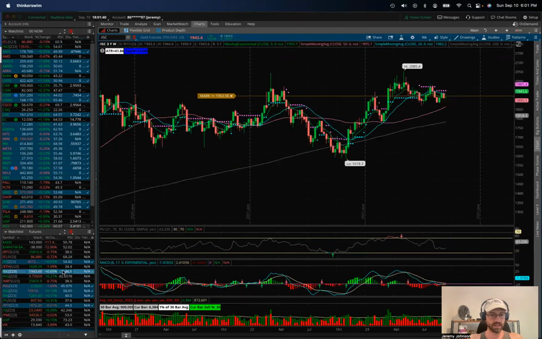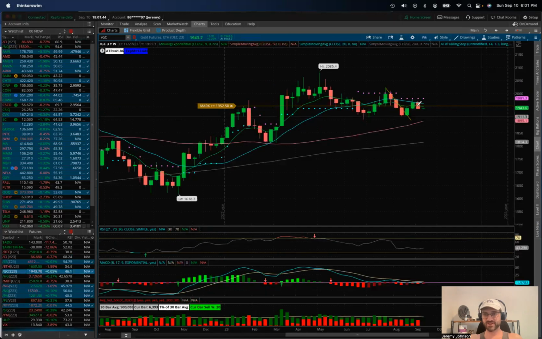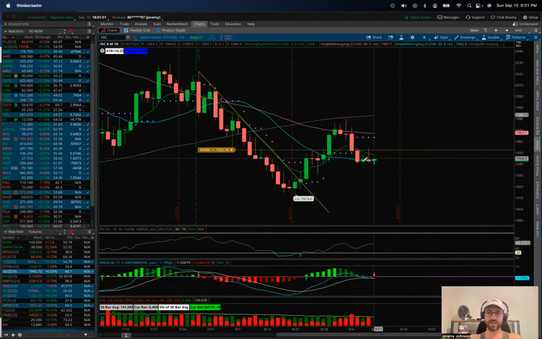We go out to gold real quick, guys. Nothing really to see here on the weekly chart for gold. Still struggling to reclaim the 20-period moving average on the weekly chart. On the daily chart, we have held this level so far. It is impressive that that has held given what the dollar has done, but I am skeptical that this is going to hold. This kind of looks to me like a head and shoulders pattern that might end up breaking